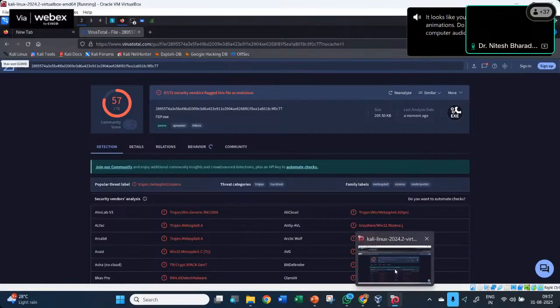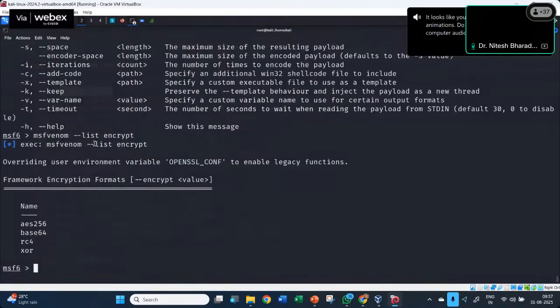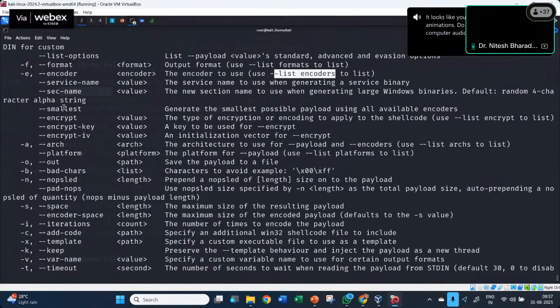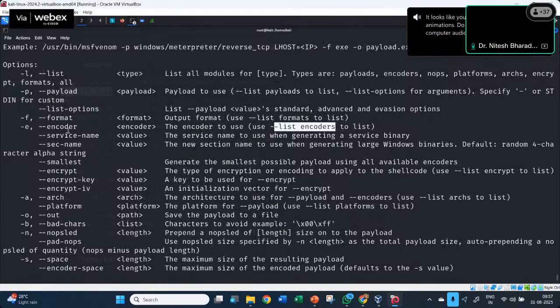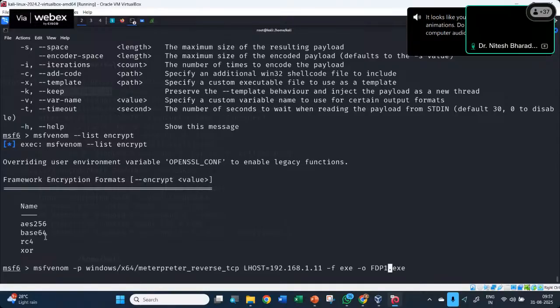So how to make it undetectable? With the help of these encoders and encryptors, you can use it. So let me check for encryptor AES-256, for example. I'll change the name to FDP1. Yeah, I'll add here the option